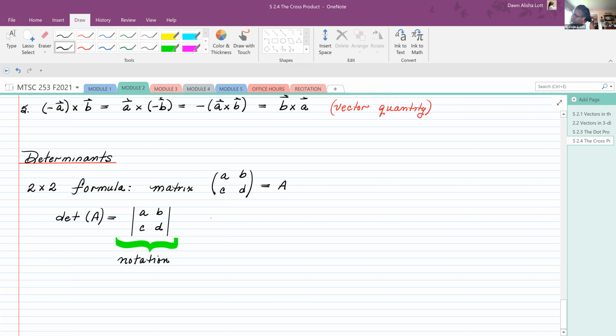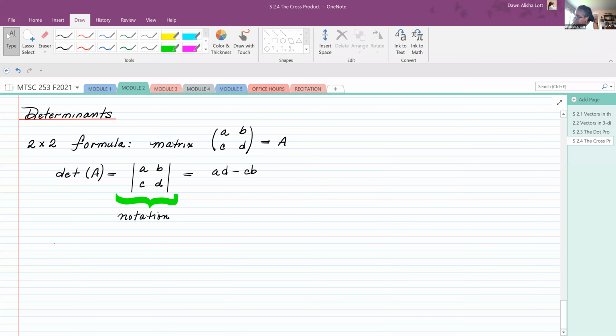And it is written to be A times B minus C, A times D... oh gosh. A times D minus C times B. So it's actually rather easy. So for example,